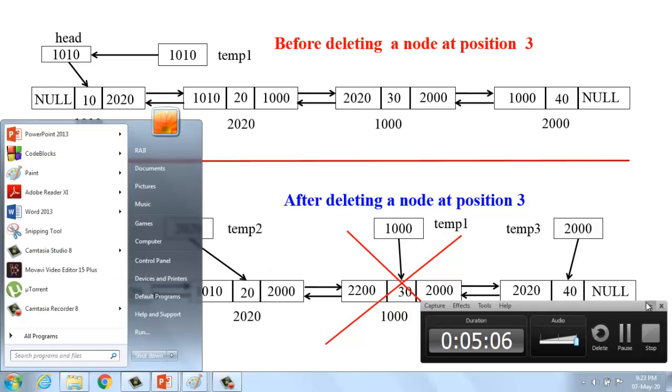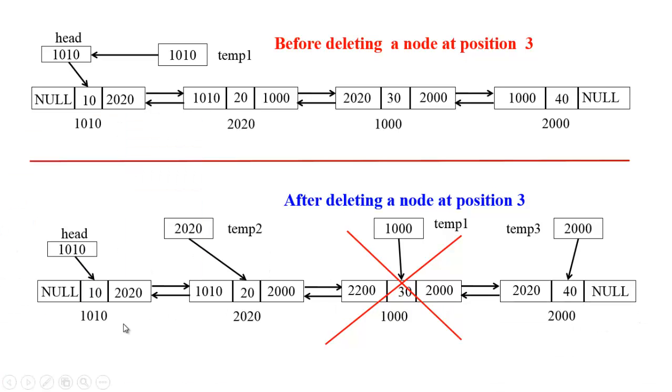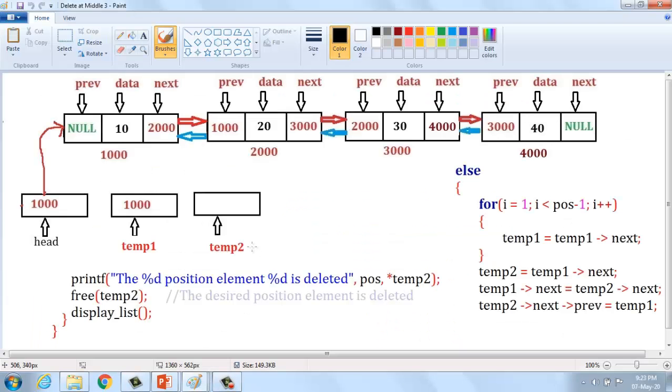Here, I'm going to take another example. Another example means I'm having n number of nodes present in the given linked list. They're having 4 nodes present in the given linked list. The head pointer points to the first node of the given linked list. This is the first node, and this is the last node. Each node has elements 10, 20, 30, 40.